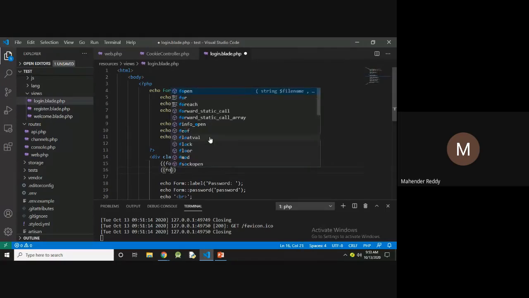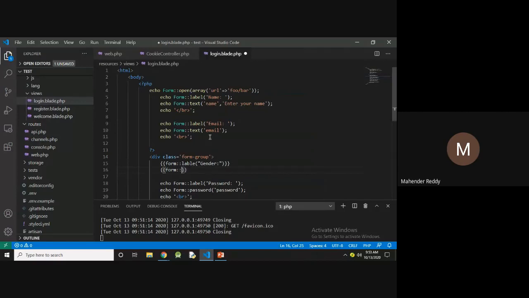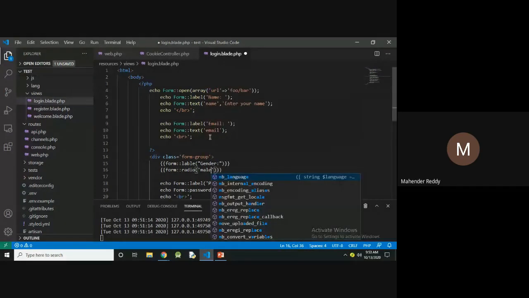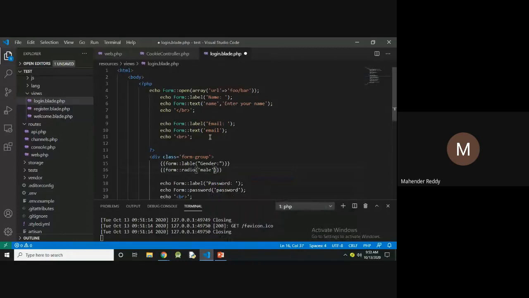Form::radio, and I'm giving the name as male, comma, male and male.